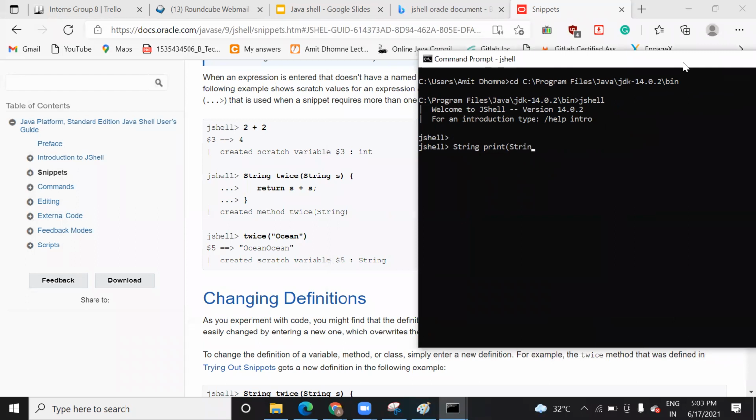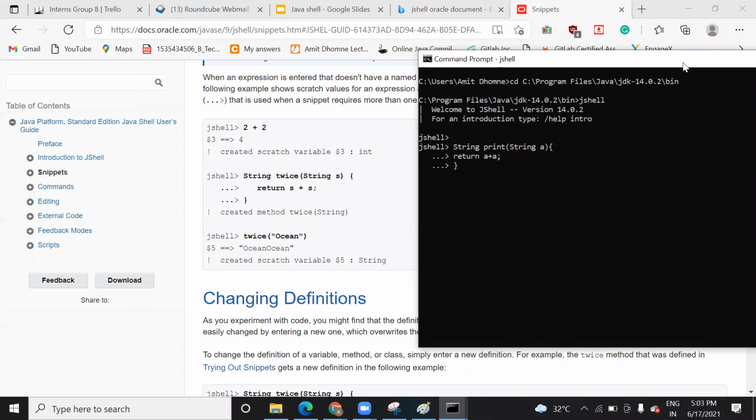Inside that I am passing a variable a, and I will return it, just concatenate it, because this is string data I am passing here. It will concatenate my data. I will close it.